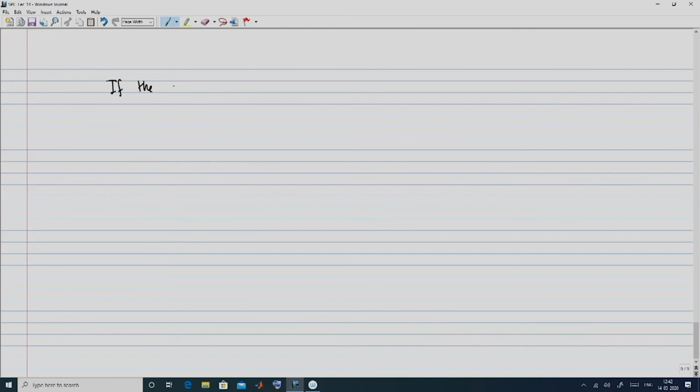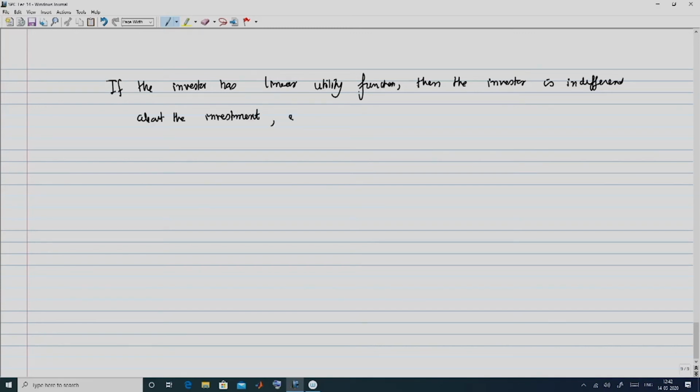So, this means that if the investor has a linear utility function, then the investor is indifferent about the investment. The reason why the investor is indifferent is because U of W naught, the utility of initial wealth, is the same as the expected utility of the wealth after the investment. So, in this case, the risk premium phi of W naught Z tilde is equal to E of W tilde minus CE, which is equal to 0. So, in summary,